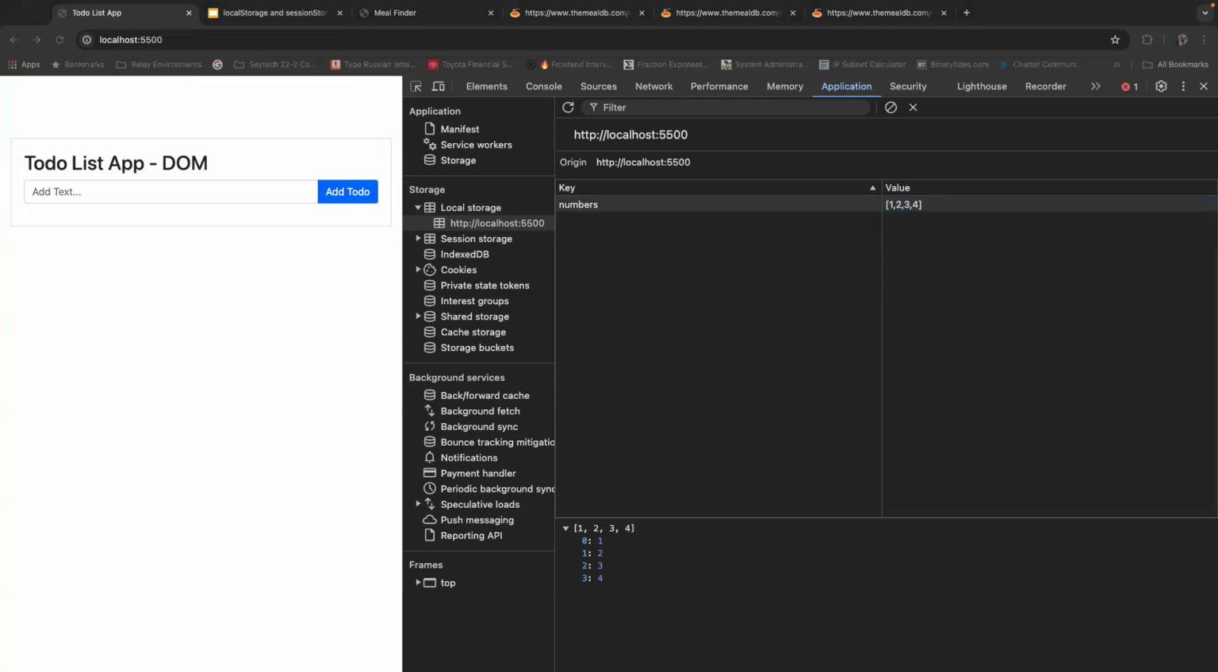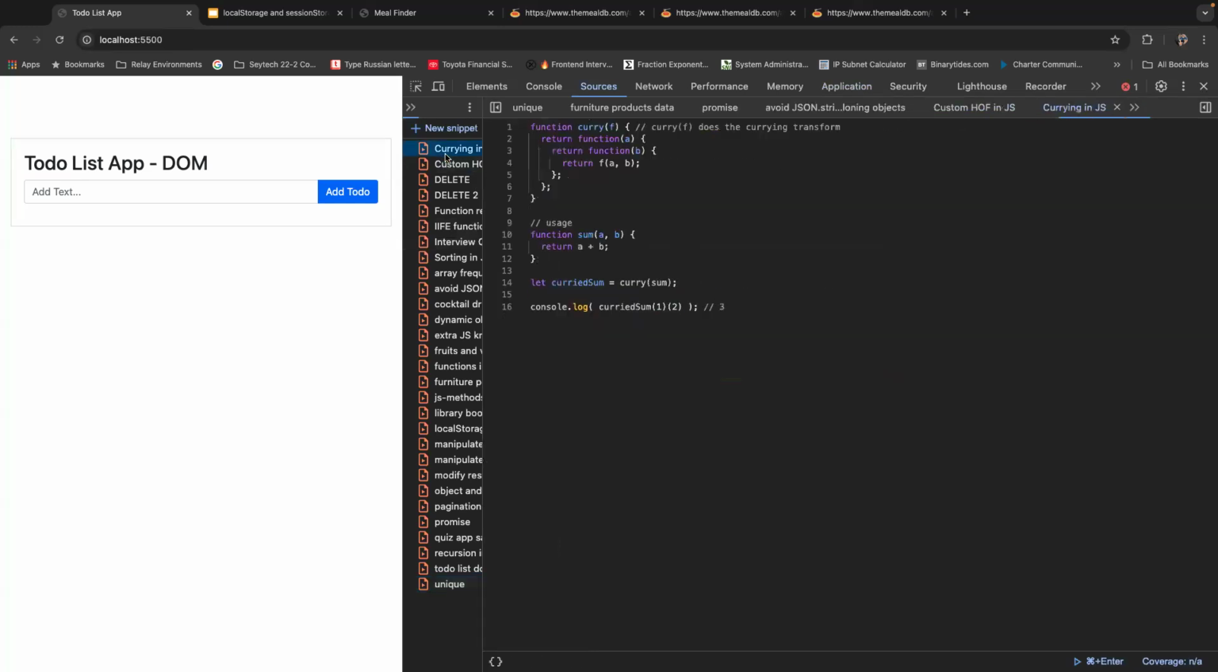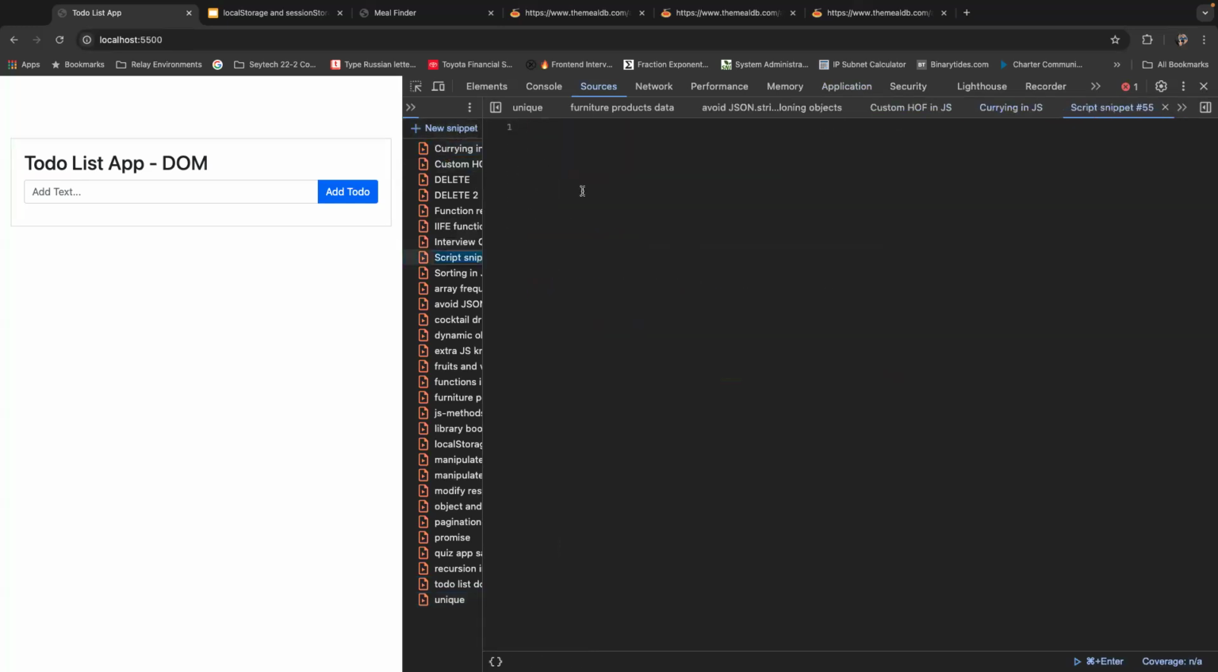Well, the thing about JSON.stringify is that you need to be very careful when you are using JSON.stringify for objects. Okay, for objects, you need to be very careful. For instance, let's assume, right? Let's assume that I have an object called constant